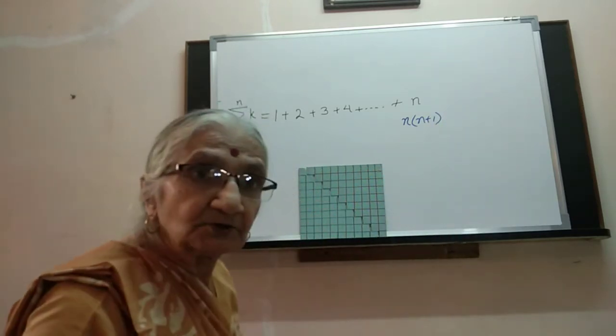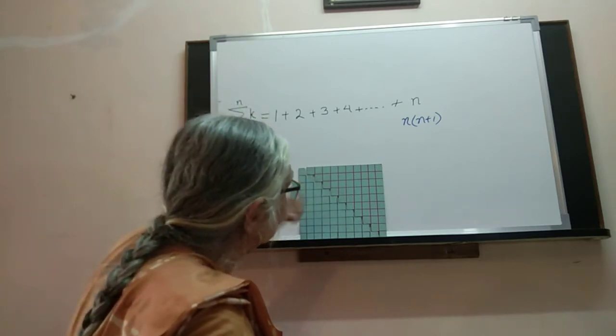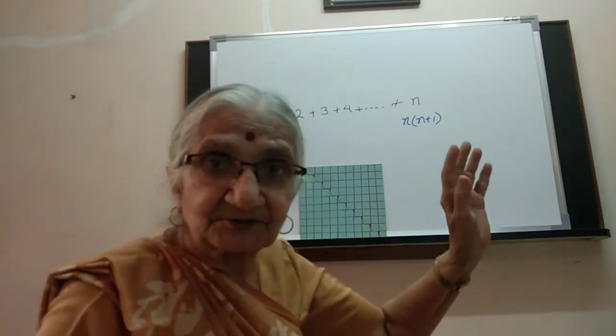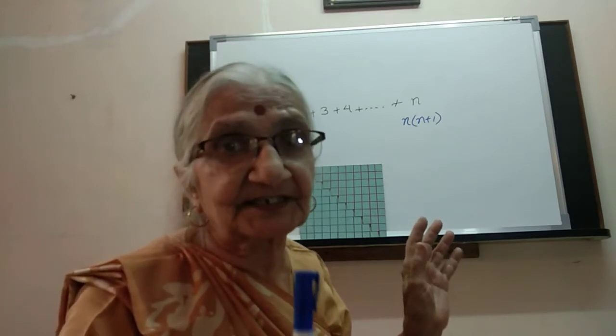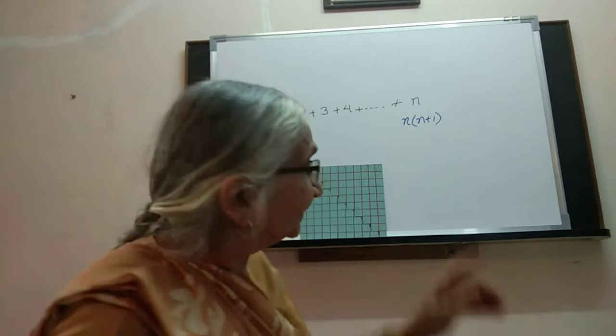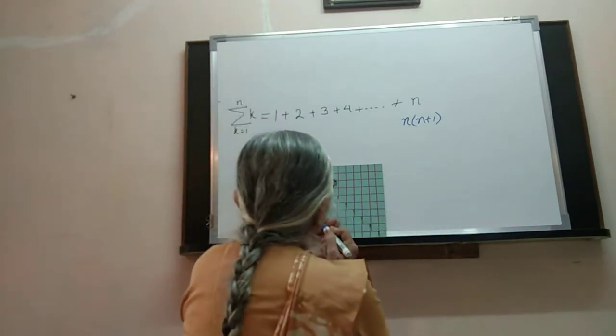Is this what we want? No. We want only 1 plus 2 plus 3. This is 2 times. Well, mathematics teaches us some values of life also. Accept only that much, as much as you need and you want. Even if you get it, don't accept it. We are getting double. We are not going to take it. We say we want only half of it.